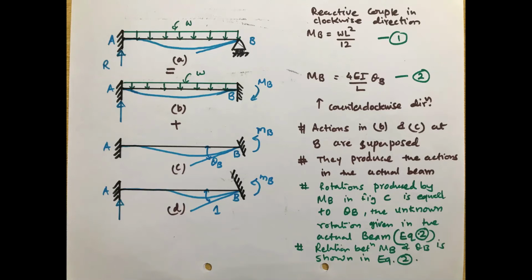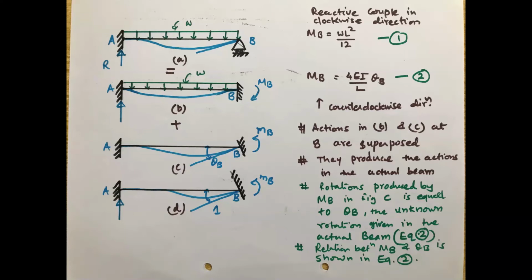And what is that rotation theta B? You have to make it 0. To make it 0, look at the next diagram. What are we doing? Instead of the roller, we have introduced a fixed support at B. This is the process by which my structure becomes kinematically determinate. See, two things are different, applied in a different way. I am just bringing in the concept of superposition so that you have the analogy. Both things are analogous.